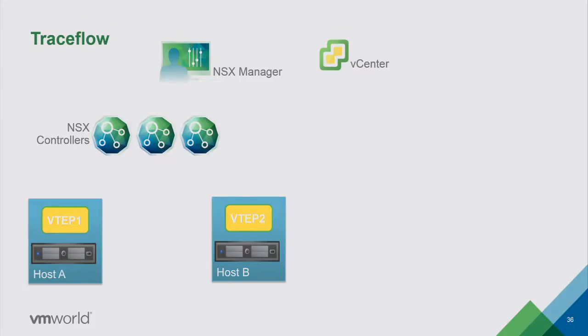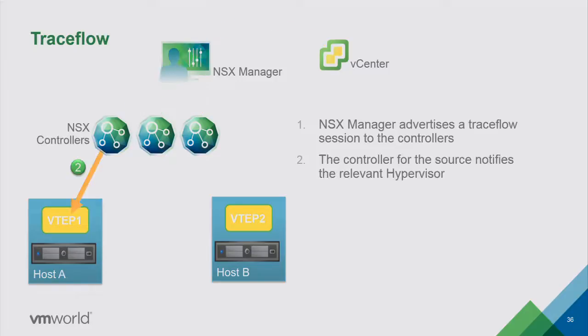So how does it work in the background? As an admin, you log into vCenter, go to the NSX portion of vCenter, select the source and destination virtual machine, and then start the traceflow. NSX Manager will receive the request and send it to the controller. Now it is the controller's responsibility to inform the relevant hypervisor that this traceflow request came from vCenter or NSX Manager, and that it needs to inject this special packet into the network using the source VM and send it to the